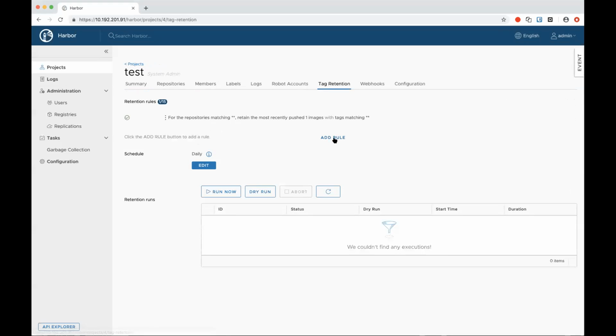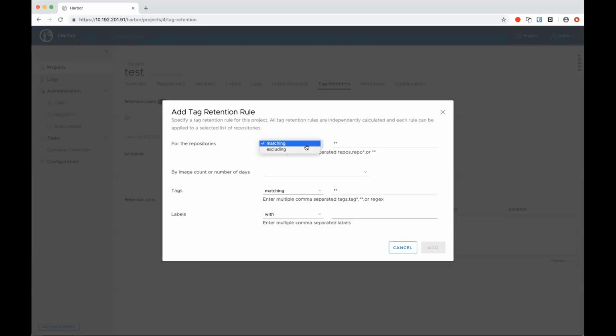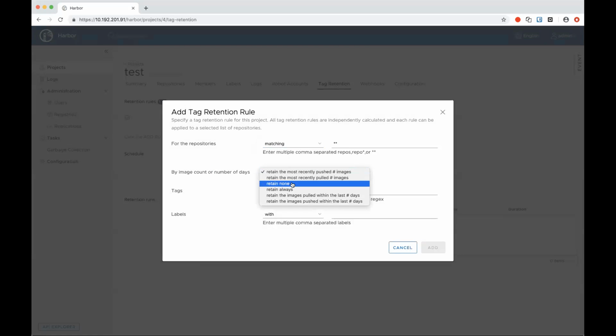Here you can see we add more tag retention rules based on pulled time and pushed time, such as you can retain the most recently pushed image or pulled image, and you can retain the images pulled within the last some days. Okay, here I'll give some demo.